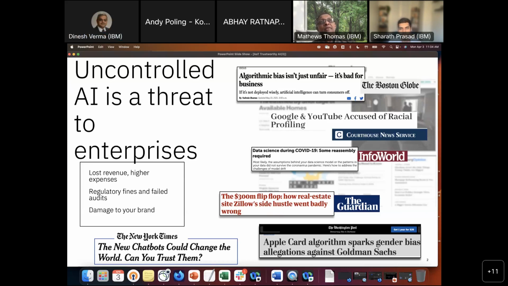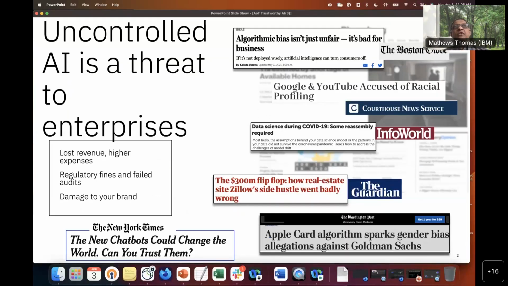And we're all familiar with chatbots and the latest announcement by Italy saying we're not going to do it. So this is an issue we're all familiar with, and it impacts our revenue. It has huge regulatory and legal lawsuits that could come up. And of course, ultimately, your brand can be greatly hurt. So if we go to the next chart,